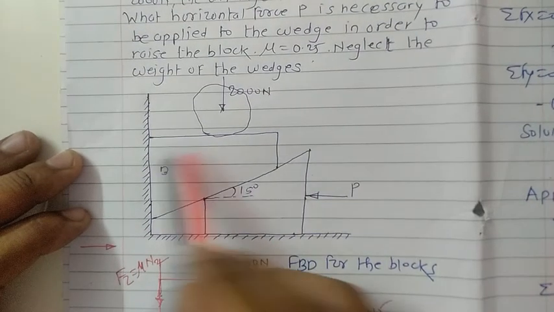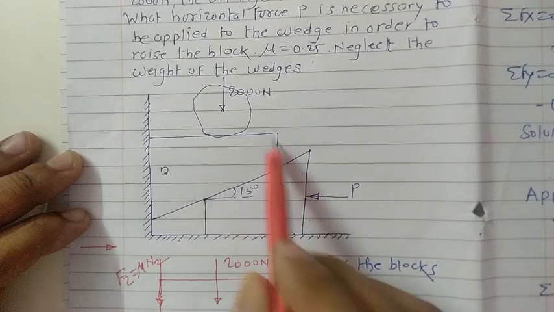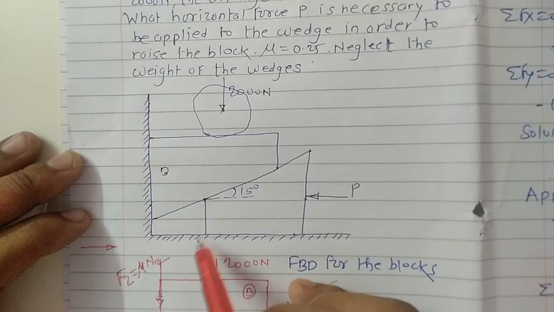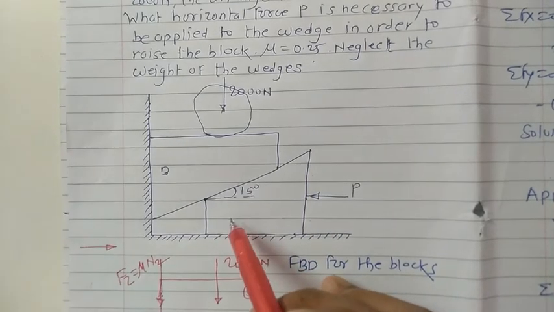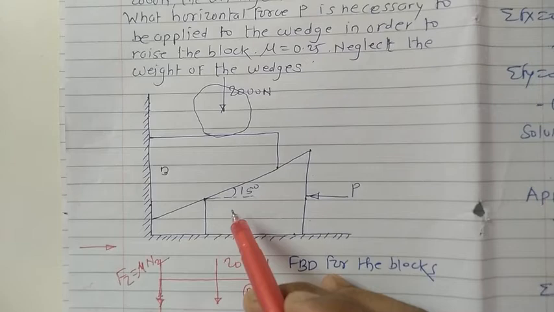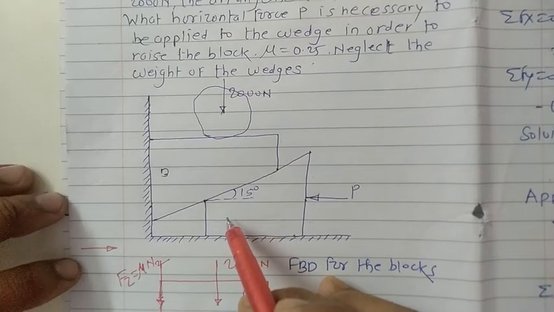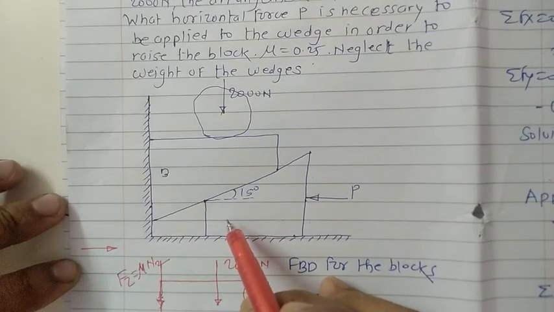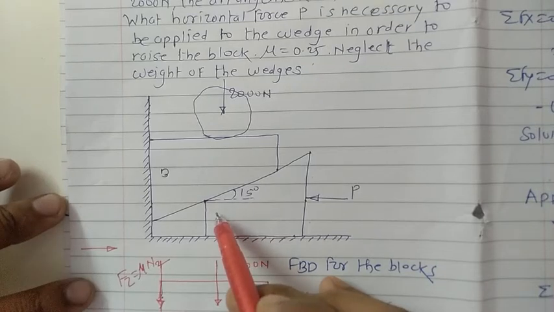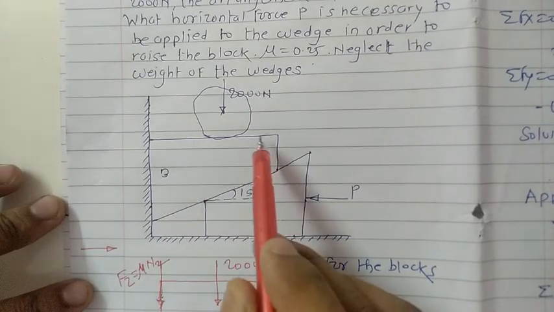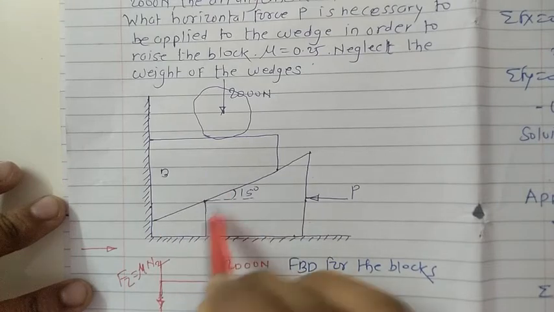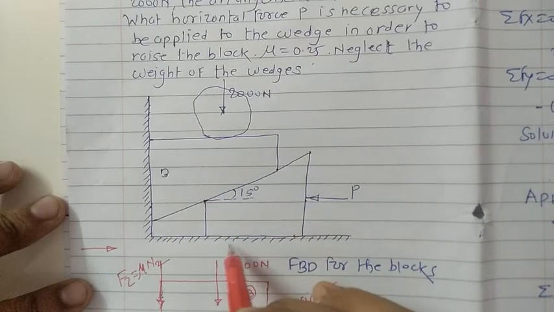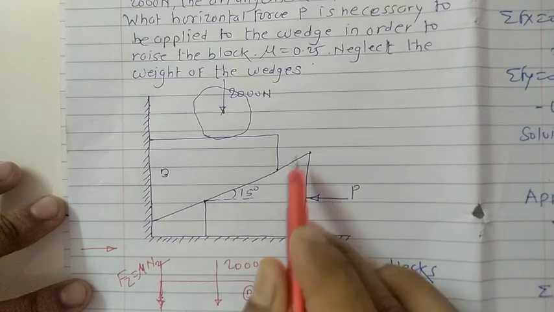So we have two wedges here, or we can just say this is nothing but the block. Here another block or wedge is given. Let me first clear what the meaning of wedge is. A wedge is nothing but a small piece, a lighter material that is used to lift another material, or simply we can say the heavy material is lifted by using a small piece of material. This is known as a wedge.